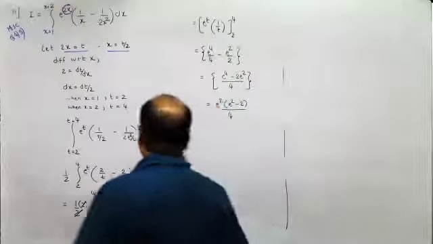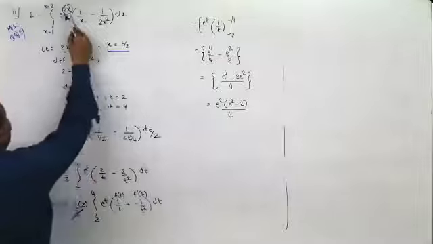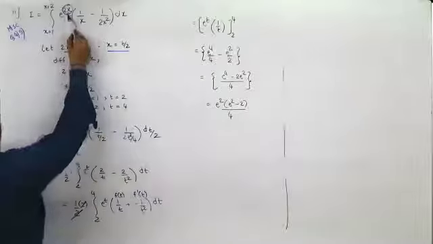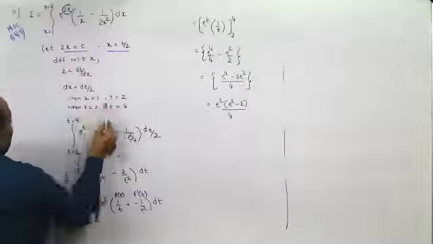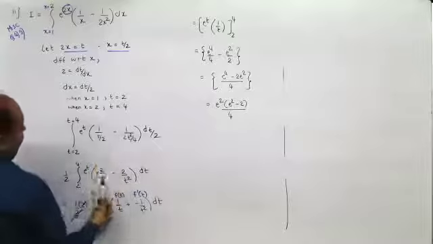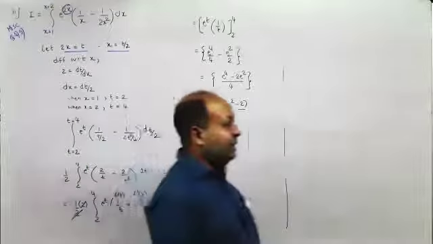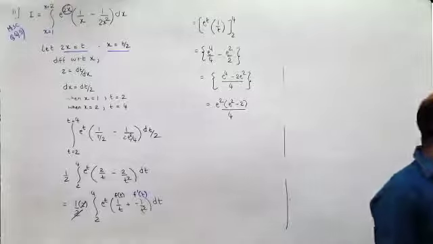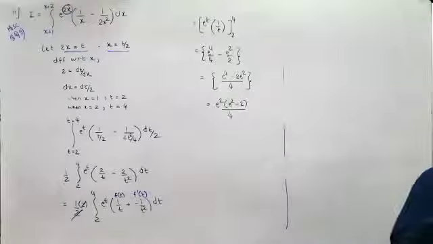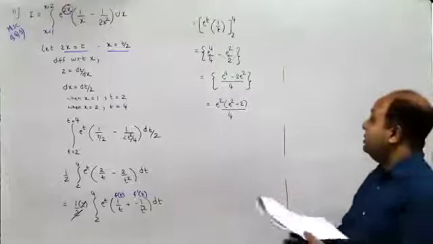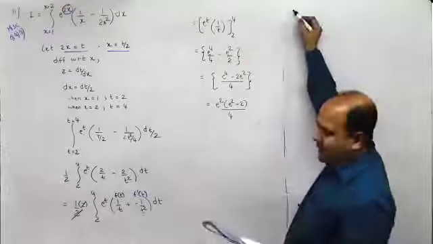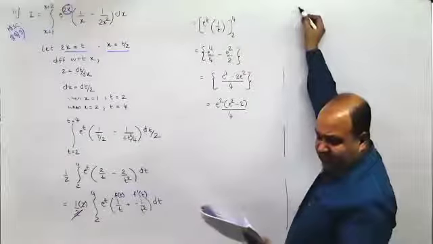But what comes to my mind first is whenever I see e raised to some term other than x, I treat that as t and then I solve it further. When I get it over here, I know that one term is a derivative of the other and I can solve it directly. Followed? Now, if something else comes to your mind, yes, you can do it provided it is legitimate. You have to first see whether it is valid or not. Yes, sir. It may be right. There are multiple ways of solving any problem.